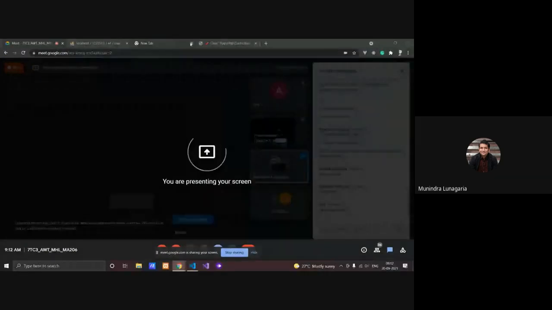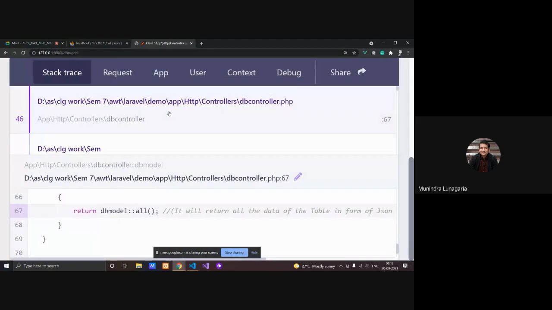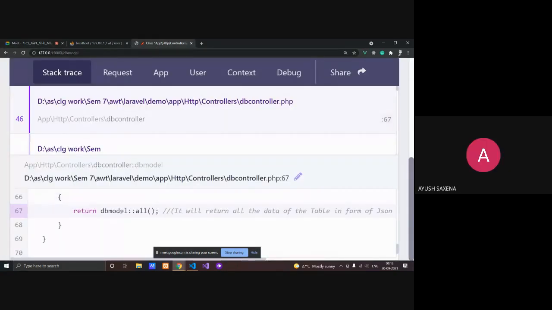Kindly show me the screen here so I can try to solve it, because it's working on my system. Sir, it is first showing an error in this line, controller DB model.